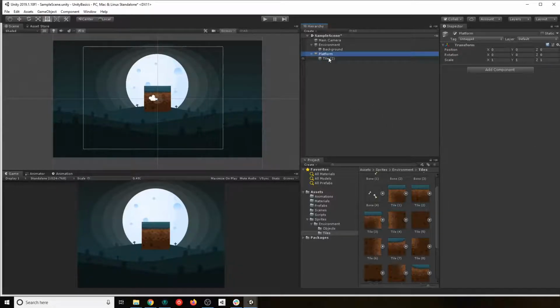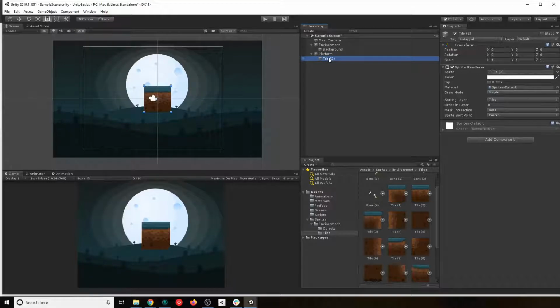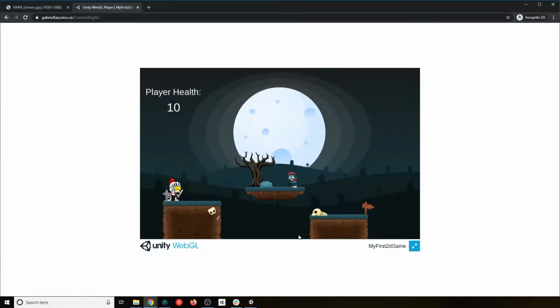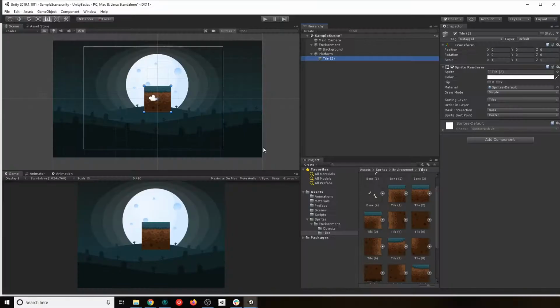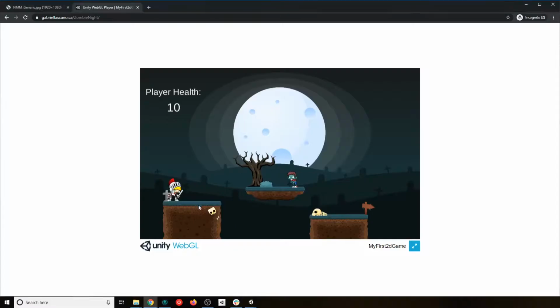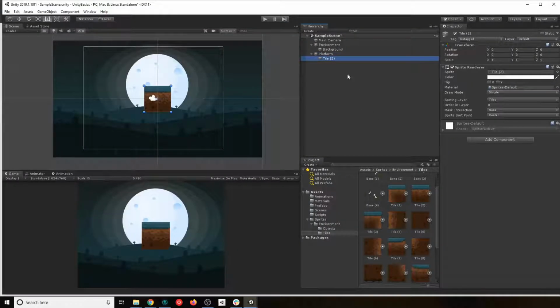Now we can start creating our platform. So basically the platform is where our player will stand up, and we're gonna just try to match the same level that we have on here, just for the sake of this tutorial. So if we look, we have here our tile. That's exactly the same one that I just added. We just need the other corner and the other corner. So I'm gonna leave it here. I could change this to tile top middle or whatever, but this name doesn't really matter at this point. As long as you know what it is, it's gonna be fine.